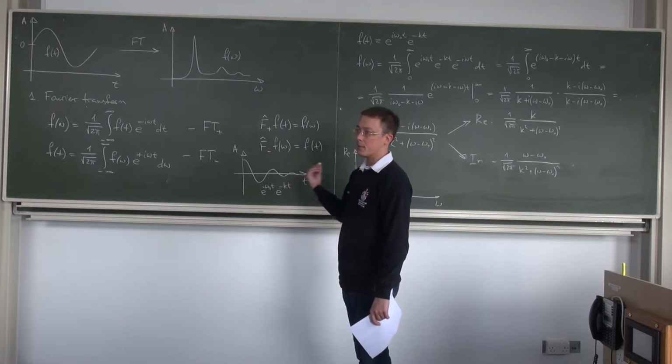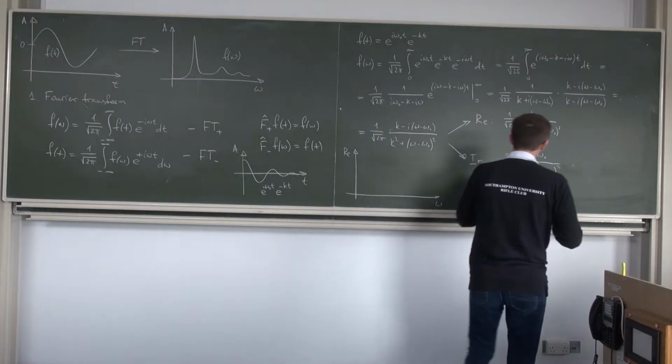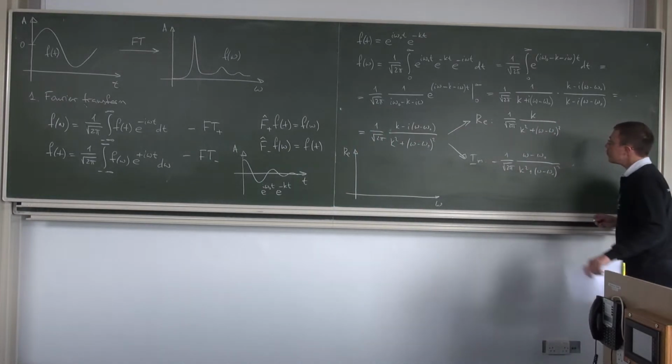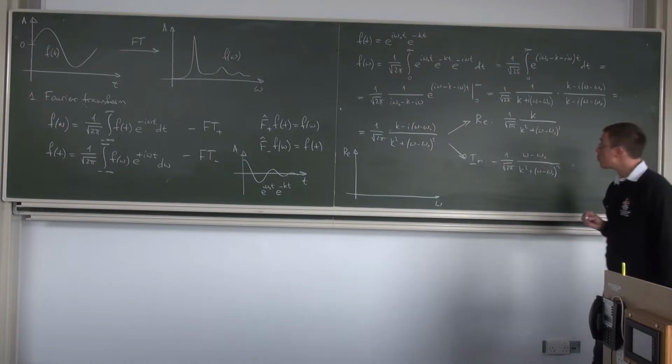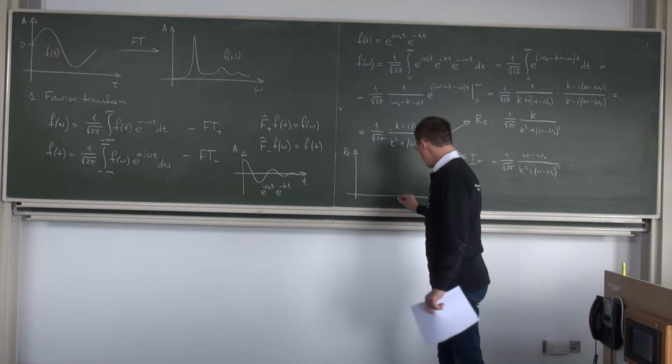It's how rapid this oscillation decays. In the denominator, imagine that omega is very far from omega naught, either very far positive or very far negative. The square would be large. The denominator would, of course, also be therefore large. The entire function would be small. So far away from omega naught,